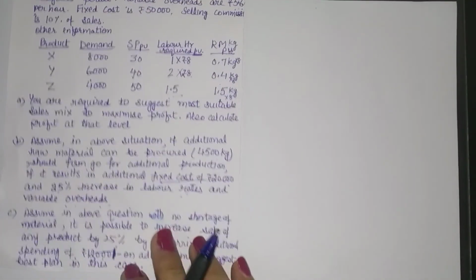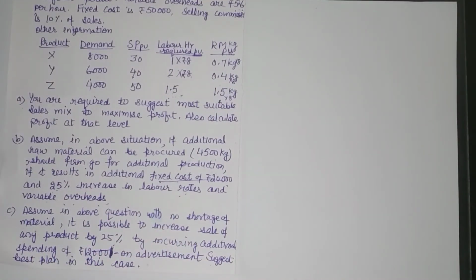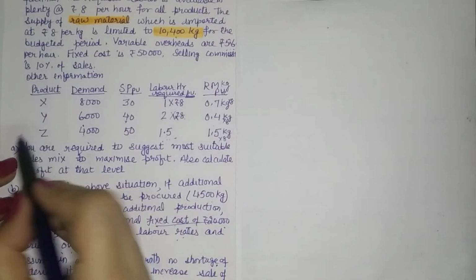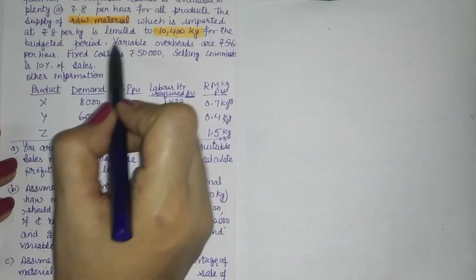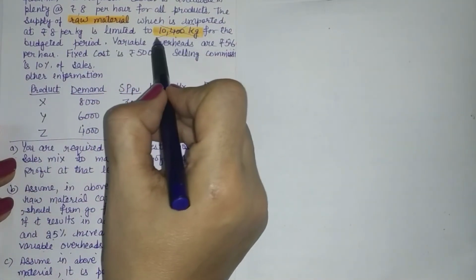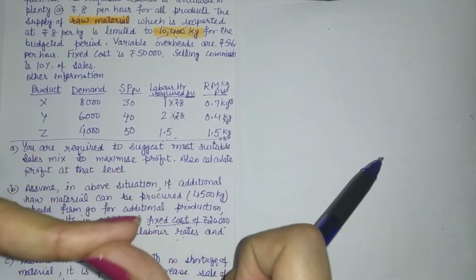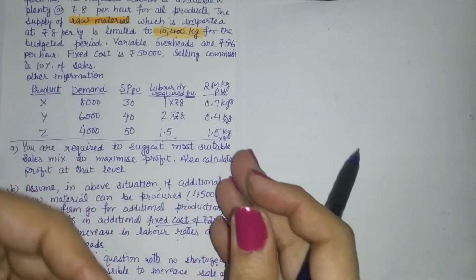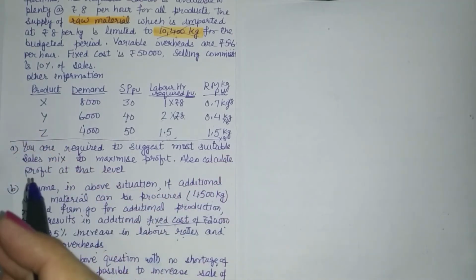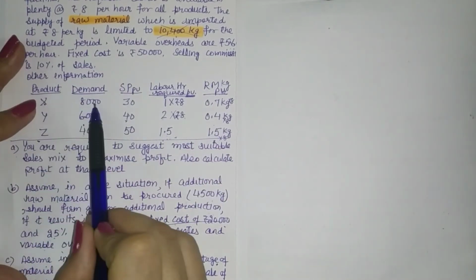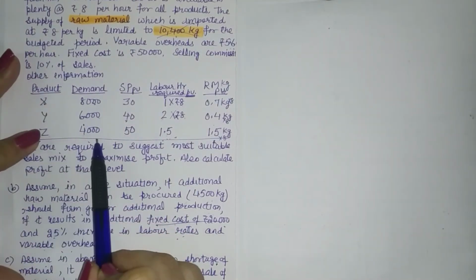Now let us take up the last issue involved here. Last is, assume in the above question there is no shortage of material. Right. So where are we landing now? No shortage of material means that you are here, and you can leave aside this. You don't have this. That means we don't need optimal product mix. Okay, because optimal product mix is calculated when we have a shortage of something, when we have some key factor. So when there is no limitation, it means you can go for maximum demand. So you are here, X you will be producing up to this much, Y here, Z 4,000, because there is no limitation now.